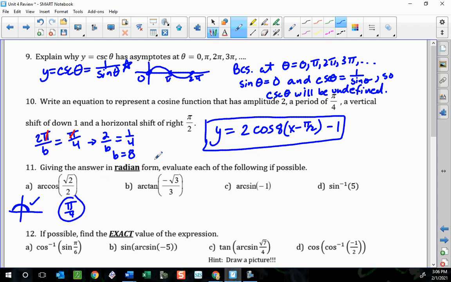All right, arctangent negative radical 3 over 3. So that arctangent can answer here. If it's negative, it's going to be down below. So remember, radical 3 over 3 comes from having, let's see, let me do that over here. It comes from having 1/2 over square root of 3 over 2. And the tangent is the sine over the cosine. So to have this be true, that means that my x value would be radical 3 over 2,